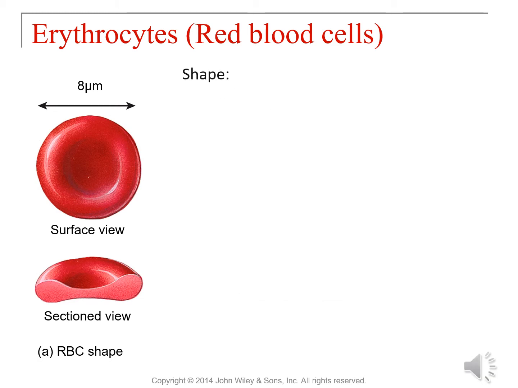So let's talk about the shape and the size of red blood cells. First of all, the shape is a biconcave disc. And if you look at the bottom diagram, you'll see the sectioned view. And so basically, it almost looks like it's scooped out at the top and the bottom. The size of a red blood cell is about 8 micrometers. It has a